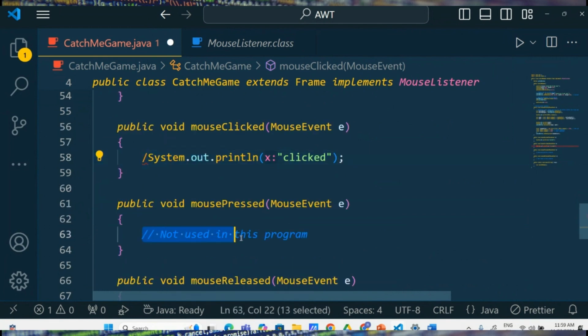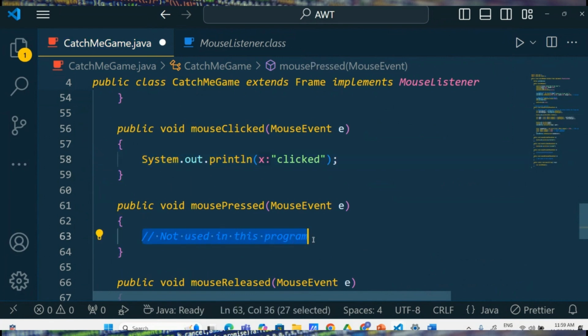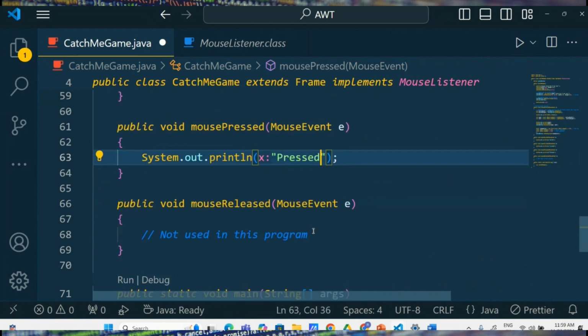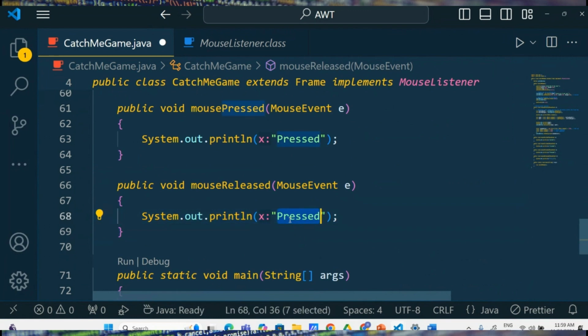Okay, and then here you can write "pressed", and here you can write "released". So